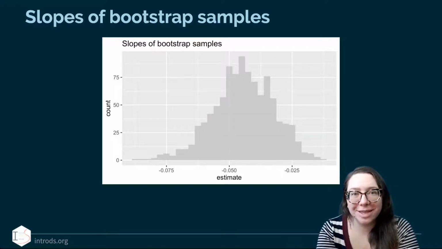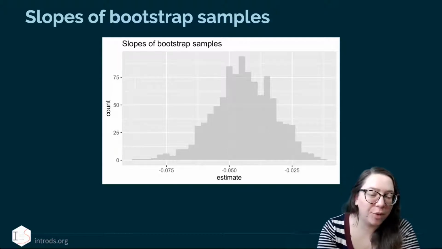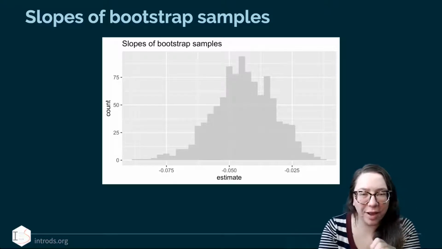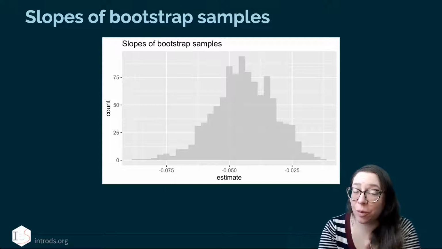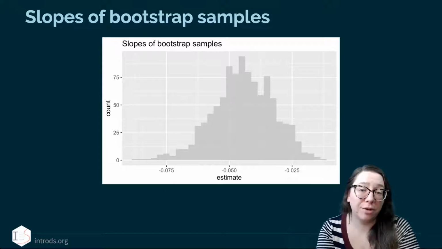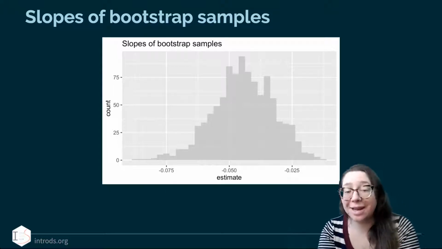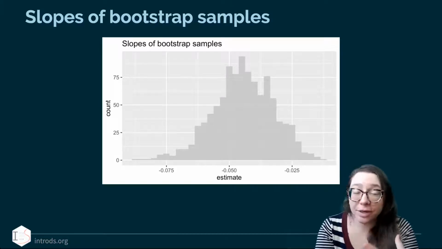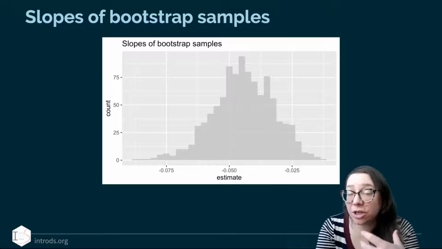Where would you guess the center of this distribution is at? Somewhere around negative 0.04, just to the right of the negative 0.05. You're thinking the observed sample slope, which was negative 0.0431, you're right on the mark. That's our observed data. Everything is centered around our observed data,